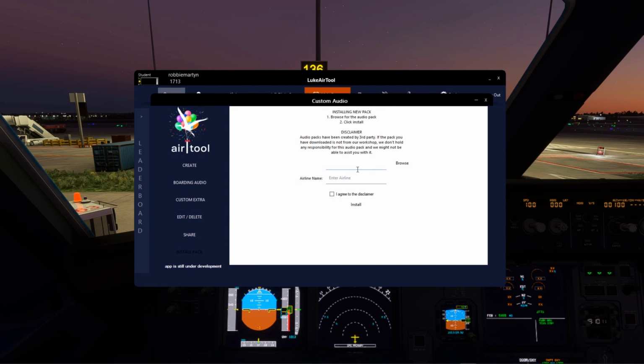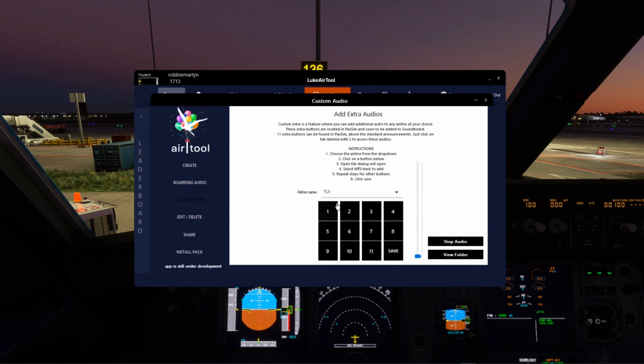So basically, same principle as the custom audio. You would just browse on your PC for the announcement and the zip file, and you have to agree to a disclaimer because of copyright issues. Okay, and you put the type of airline that it is, and then you click install, and there it is on the app. All right, so that is it really. If you want to add your custom announcements, this is quite handy because you can get family members to make announcements. And where you get the announcements from is if you go to